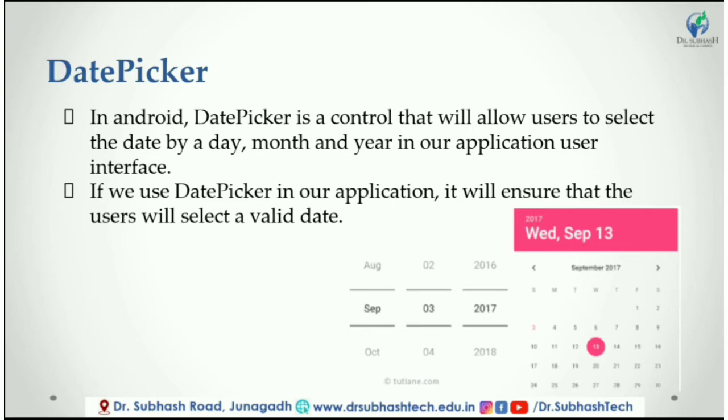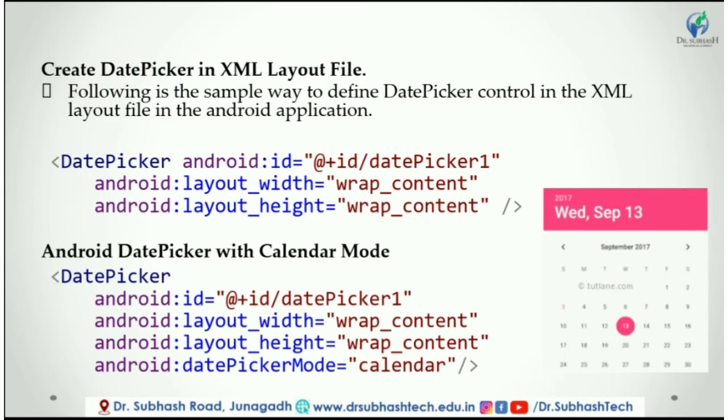Generally in Android, date picker is available in two modes. One is to show a complete calendar and another one is to show the date in spinner view. First is creating a date picker in the XML layout file. In Android, we can create a date picker in an XML layout file using the DatePicker element with different attributes as shown below. In Android, the date picker supports two types of modes. Those are calendar and spinner to show the date detail in our application.